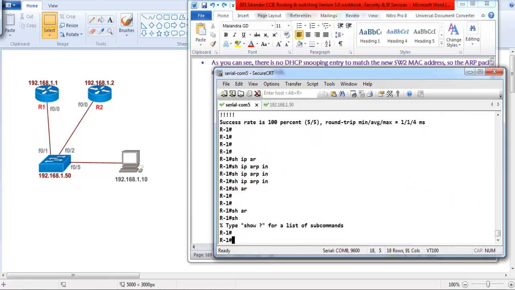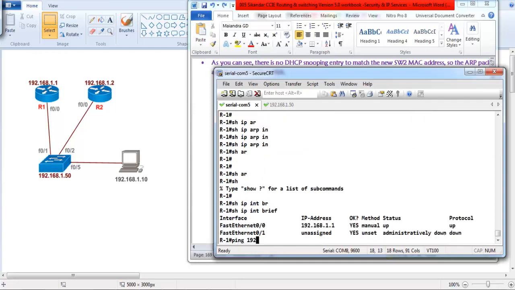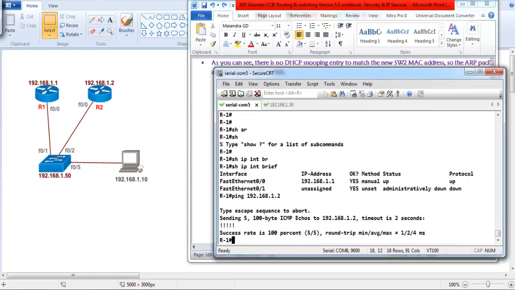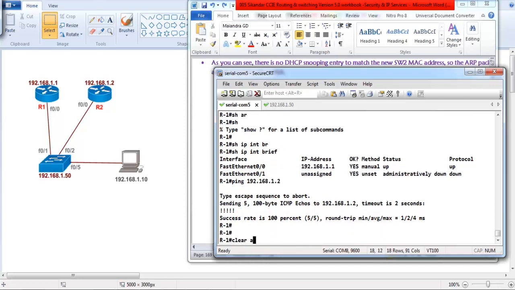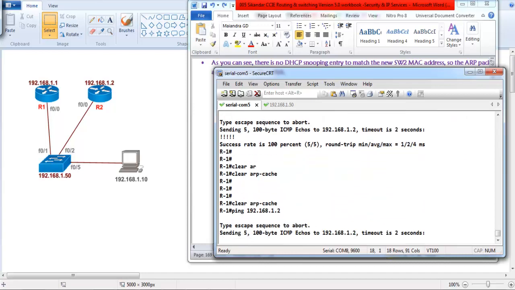Let me just go to router 1 and generate the traffic. So on router 1, I got a device with this IP address. I'm going to try to ping 1.2. Let me clear the ARP. If I try to ping 1.2, I'm not able to ping, and the reason is that the traffic is supposed to come from 1.1, and if the traffic is coming from 1.1, it has to match the MAC address binding whatever we have given here.